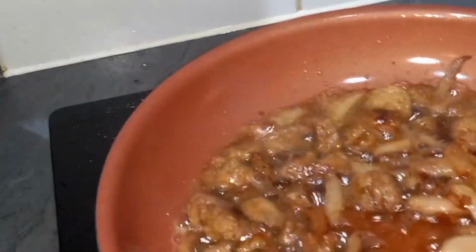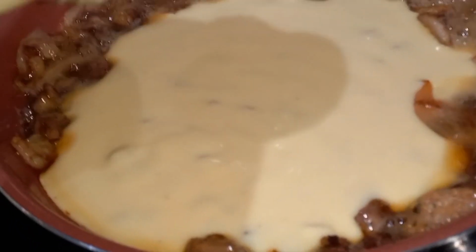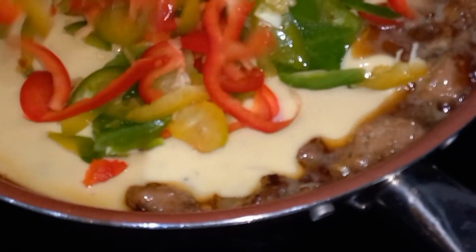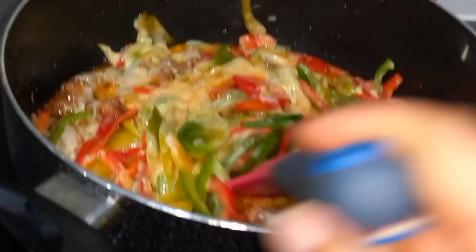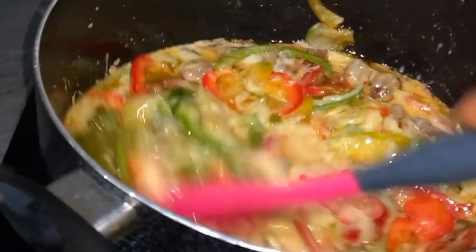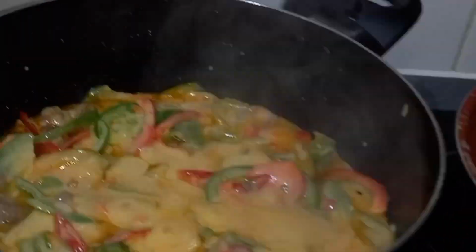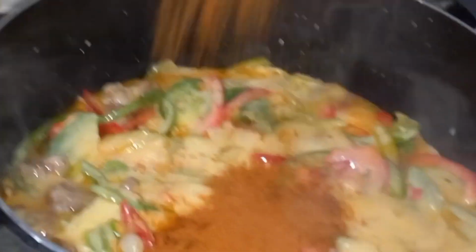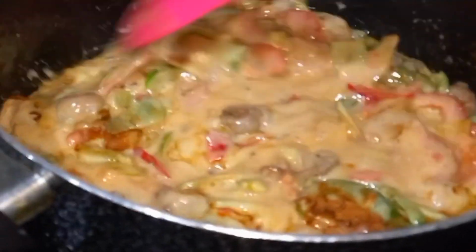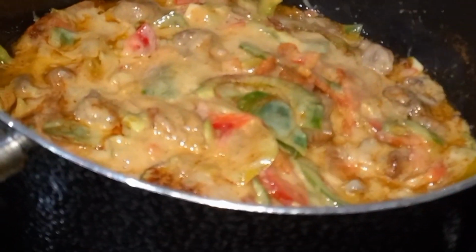So now you go in with your pasta sauce. And this sauce I'm using has cheese and bacon in it. So you go in with that, with your bell peppers. At this point, the fry pan was too small, so I had to use a bigger pot to cook this. So after that, you go in with your seasoning. A little bit of pepper,